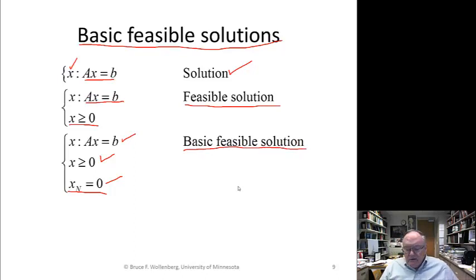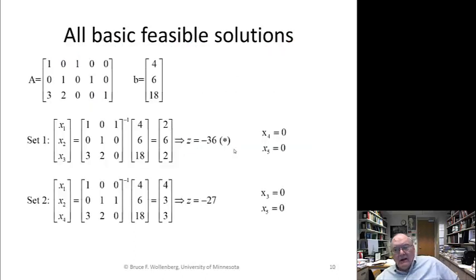What you're going to see is that we move from solution to solution, and it just simply means we're moving from one dot to the next dot on that diagram. All basic feasible solutions, I'm not going to try to go through every single one of these. Here's the initial, where we had the non-basic and we had the basic here,